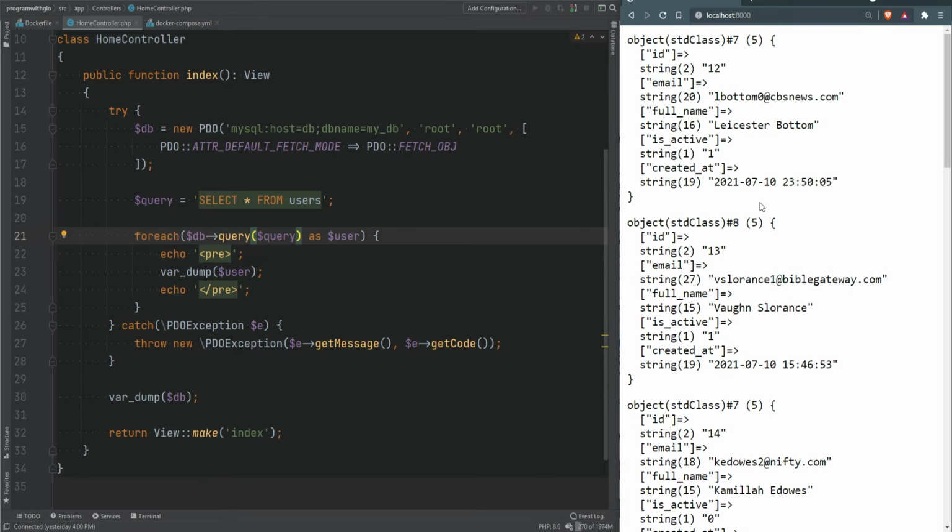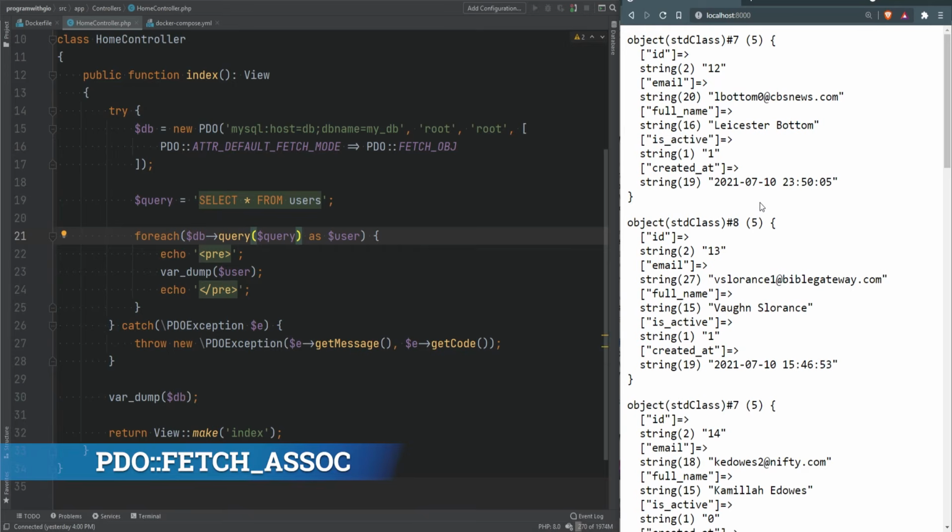There are other fetch modes as well, and you can check the documentation for more details on them, but the most common ones that you will probably use are fetch assoc, which will index the array by the column name, so each row is just an associative array with the column names being the keys. Another one is fetch class, which will fetch rows as objects of the given class name that you can pass as another argument,